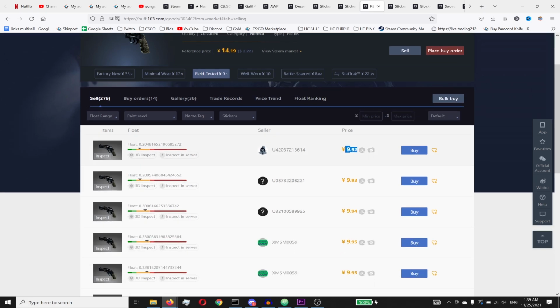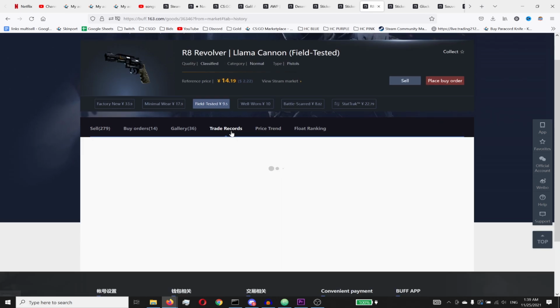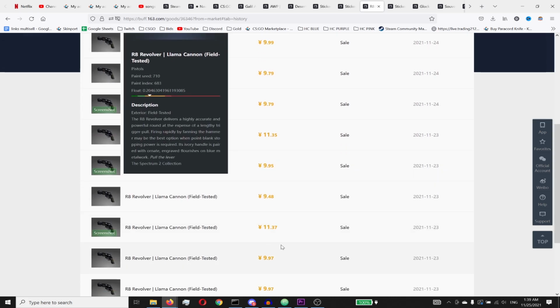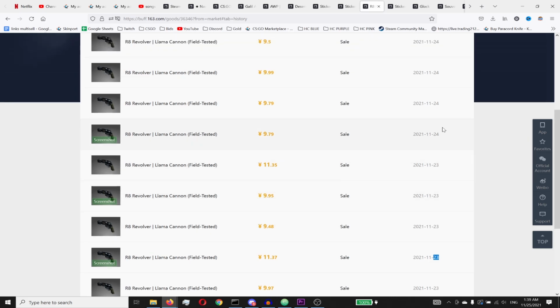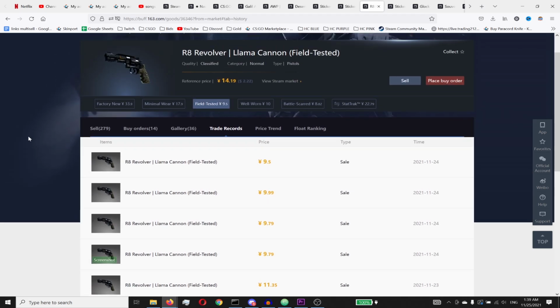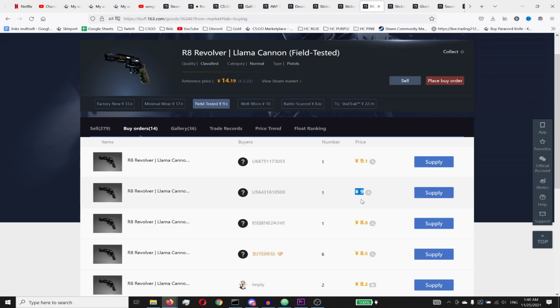This item is currently listed for 992, 993, and if we check the records, we're gonna see that yes, it actually sells for that quite easily. And we can see the date here. All these sales happened yesterday and today, so that means there is a high sale volume. On the buy order, it looks like 9 yuan would be the best choice, and I'm just gonna click here,